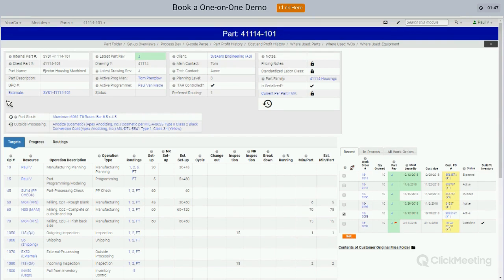Does every shop user have a seat? You have a data collection station. So we do have, yeah, as I said just a moment ago, every shop user does have to have their own named user seat, assuming you want them to use it. If you have an area where you have 10 people doing deburring and they don't actually need to track their time, and you don't care to have them update how many parts they've deburred, then you could certainly have a lead person in that area doing the updating for the work that their team is performing. So it's not a requirement to have every person be a user, but if you also want to have records for them...